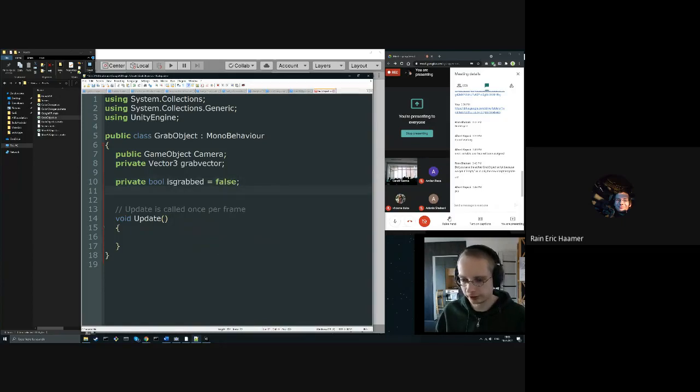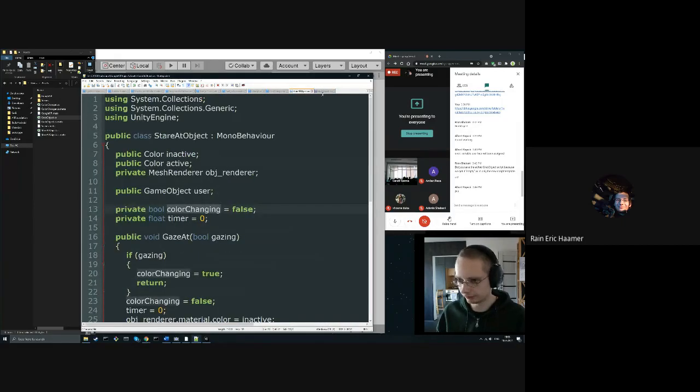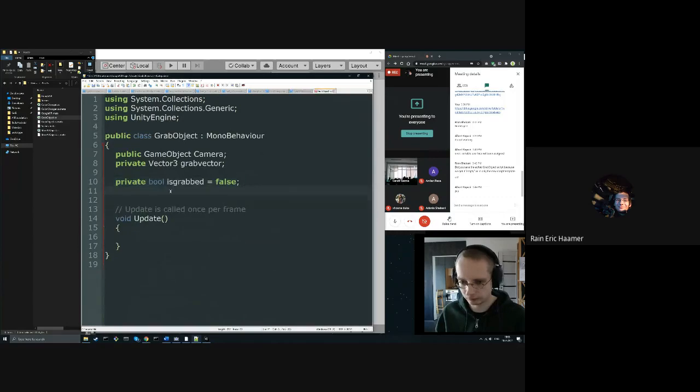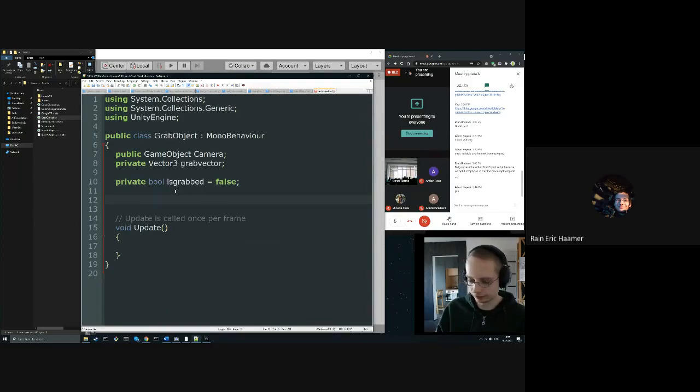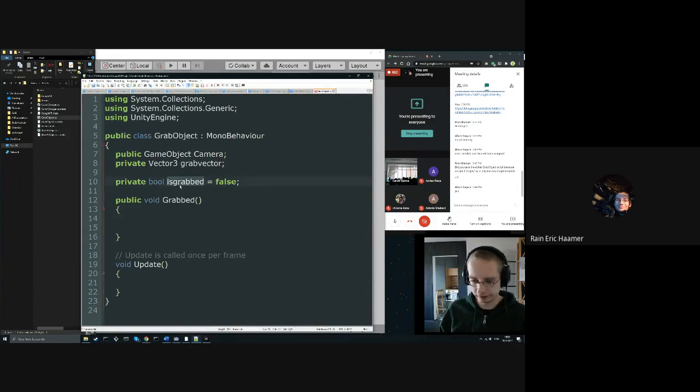So this will function essentially the same way as with our stare at the color changing Boolean function. And here we can just have a function that we call on the onClick event. And we'll call this grabbed. This is the function we can add later when we click on the object. When we click on it, first thing we need to do is set the